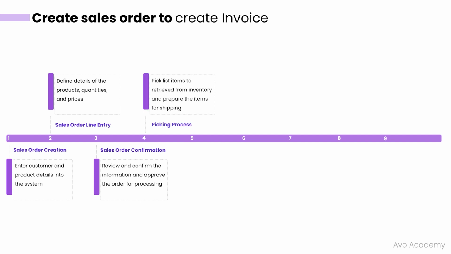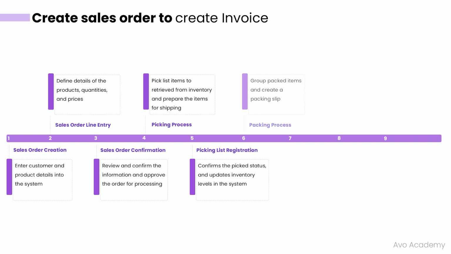Then comes the picking process, where the ordered line items are picked from inventory and prepared for shipment. The fifth step is picking list registration, where the user confirms the pick status and the system updates the inventory levels. The sixth step is the packing process. As the name indicates, in this step, the packed items are grouped and a packing slip is created detailing the